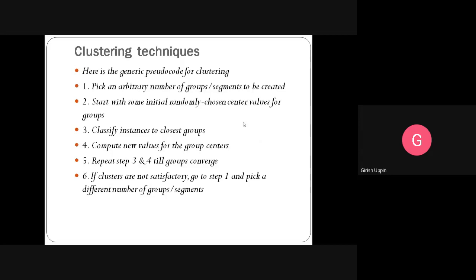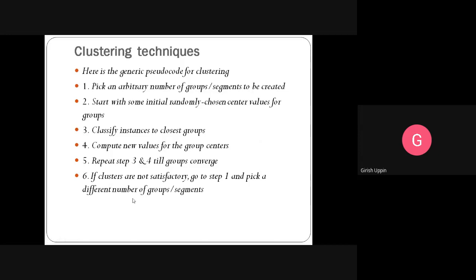the instances to the groups, you will recalculate the centers, or the centroids. Then we are going to repeat steps 3 and 4 until we classify all the data points or objects that are given. Repeatedly we will repeat steps 3 and 4, until we completely classify all the data points or objects. And once you are done with all the data points, you should be able to see the clusters.